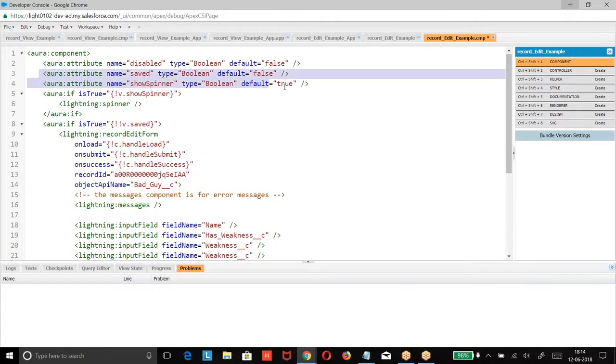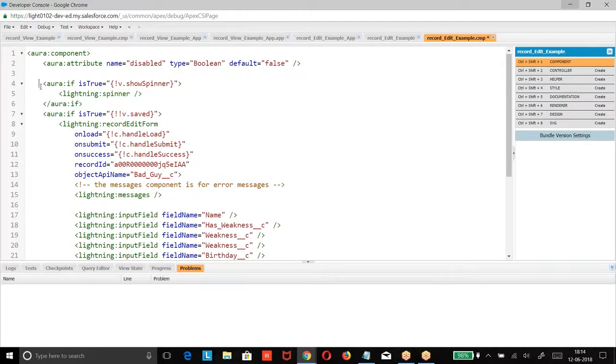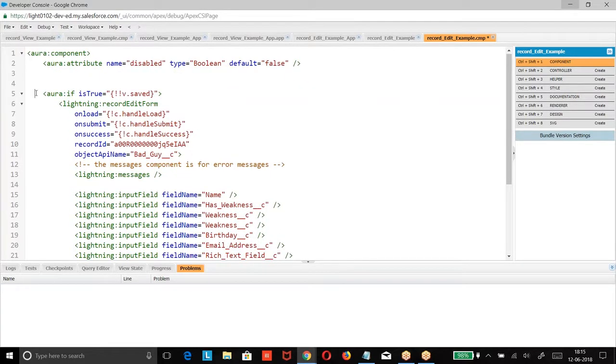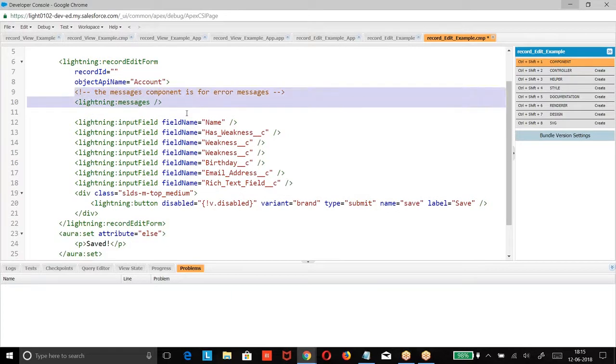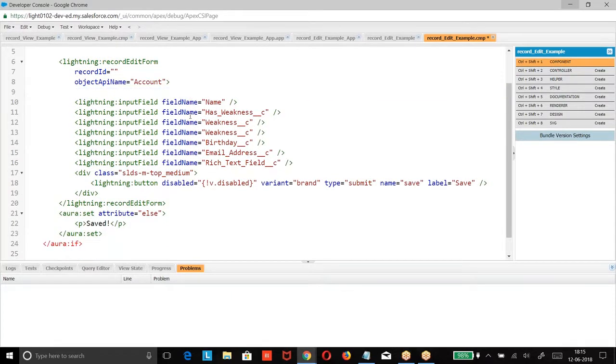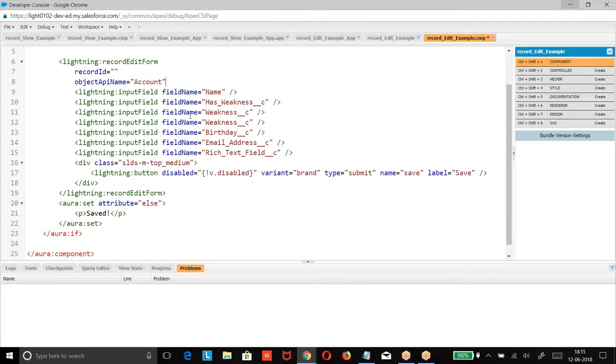Save, disable, spinner. We don't need the spinner now. I don't need it to be saved. Record edit form. I don't want any events as of now. So, the ID of the account I'm going to give. What was this? Lightning edit form.